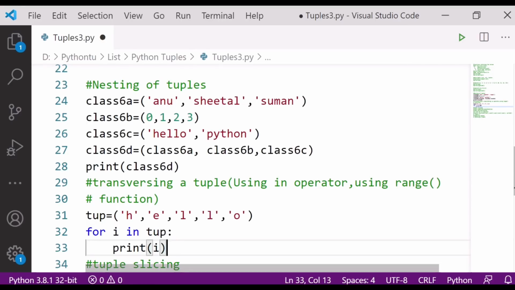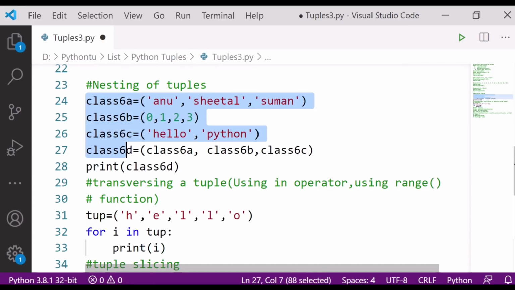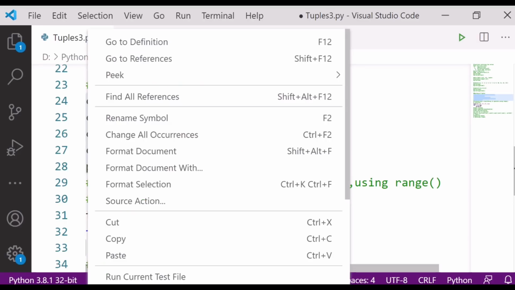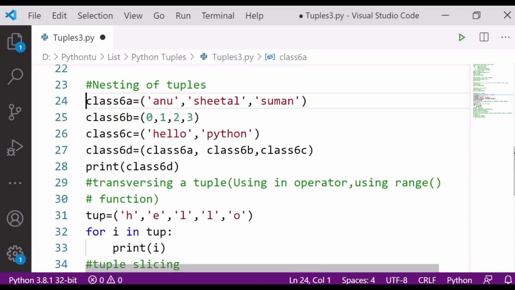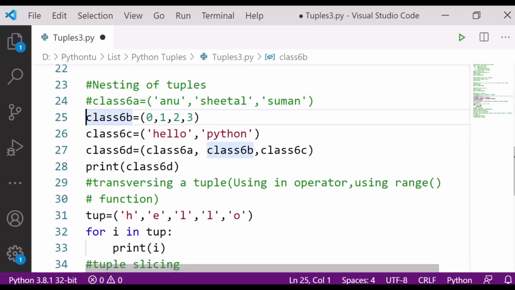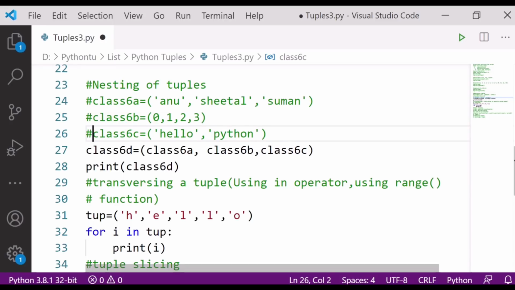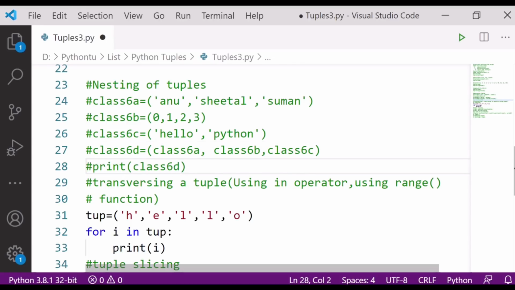Let me comment it out. Let's save and run the file and check.